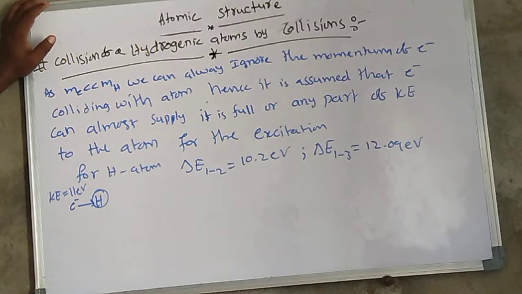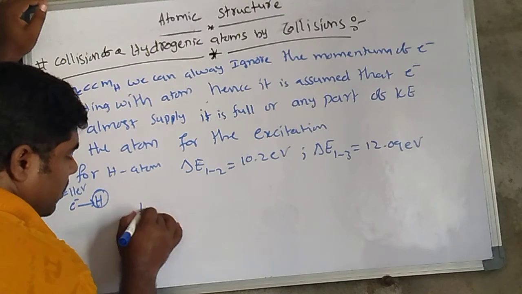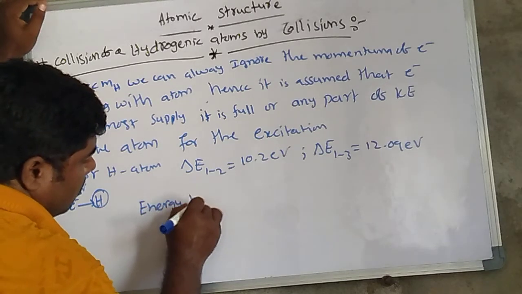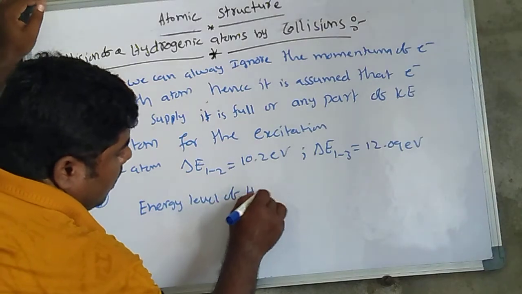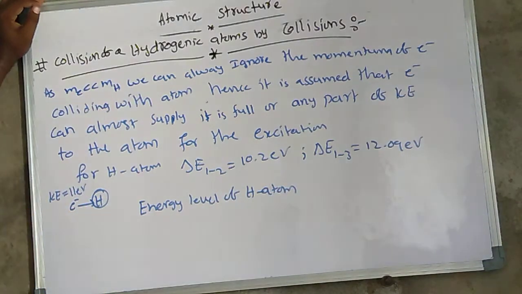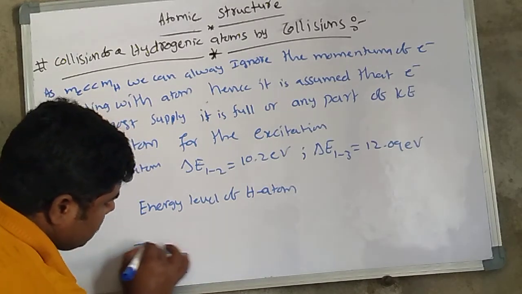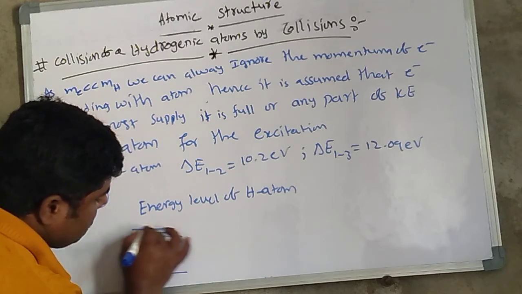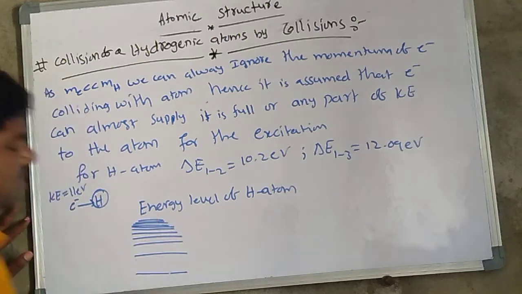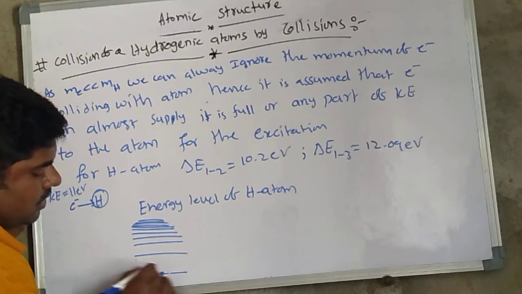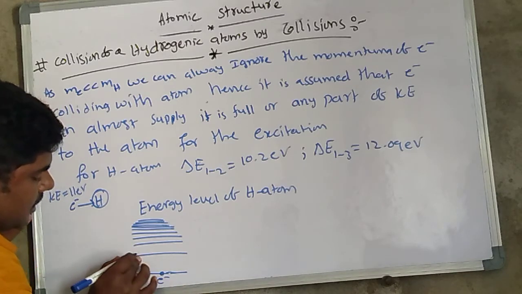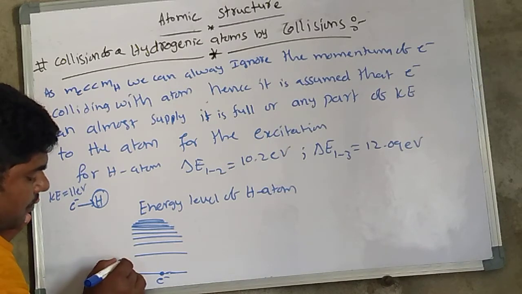So here is the energy level diagram of the hydrogen atom. Two types are there: one is photons, and another is electron bombarding. Here the lower state, like this. These are all energy levels. Let us consider now the lower state, here the electron, like the hydrogen atom, and here the photon.